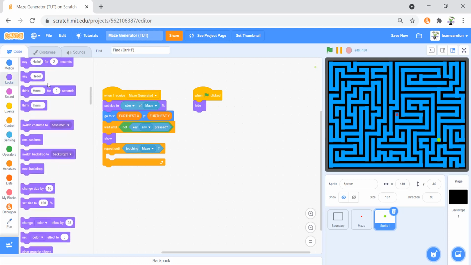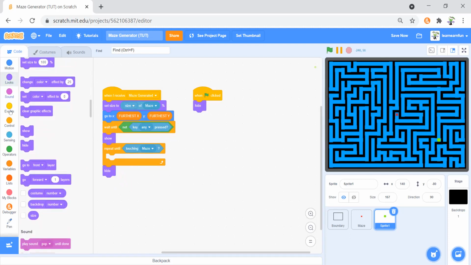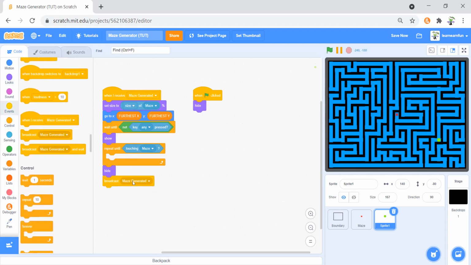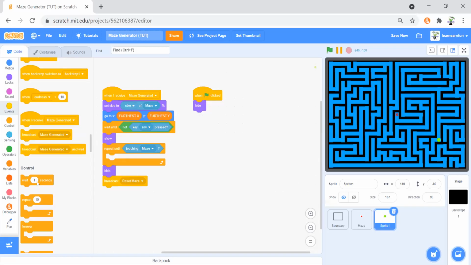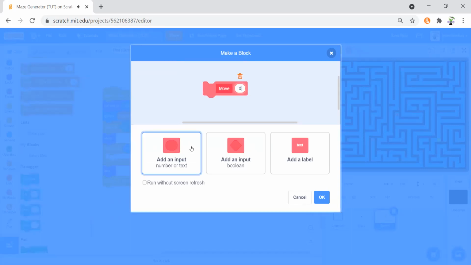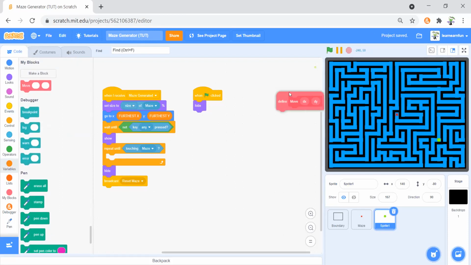of reset maze. So we will hide it and then we will broadcast a new message here, reset maze. And then we'll broadcast it. Next, we'll create a new block, move, with dx and dy, okay, and here